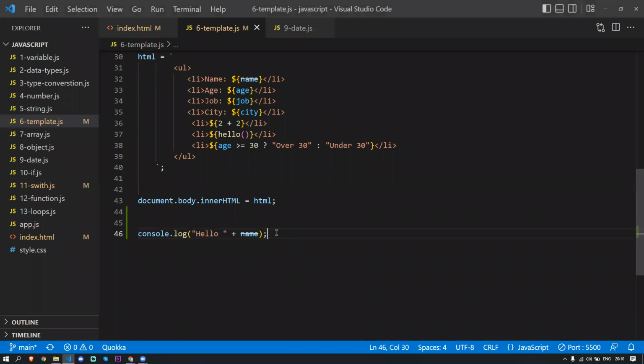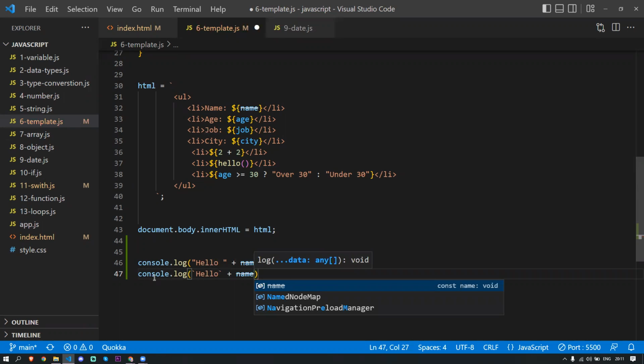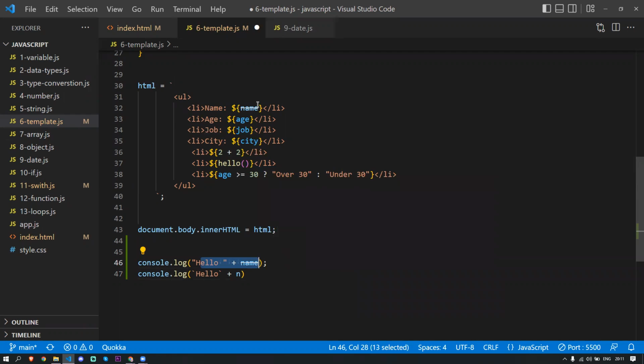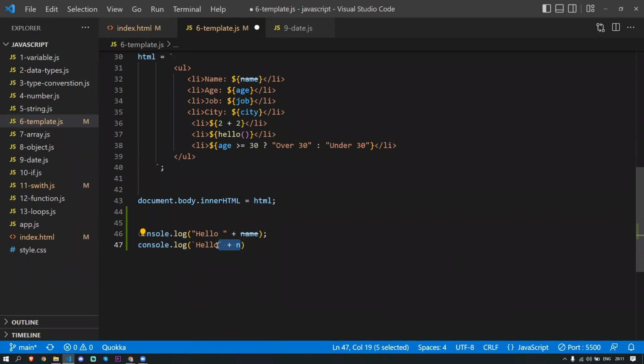So there is another way to do that. Instead of the double quote, we're going to use the backticks. This is the backticks. Same thing. I will show you the example in W3Schools. So hello, we don't want to put plus and give the name this way. If it is very short, it's okay. But if it is like this, it is very hard to structure all these things in a string way. So instead of doing that,